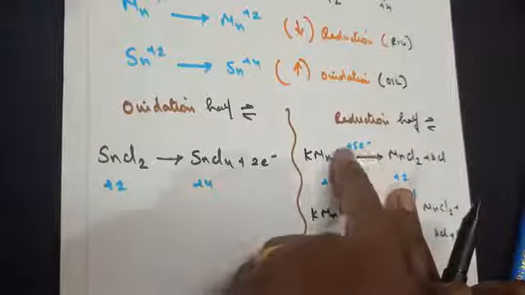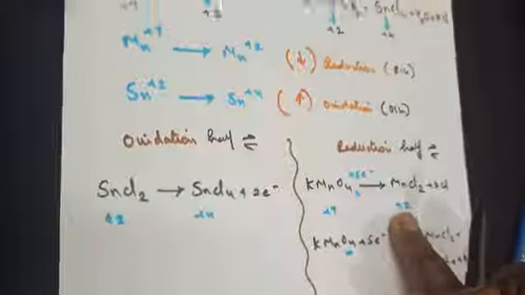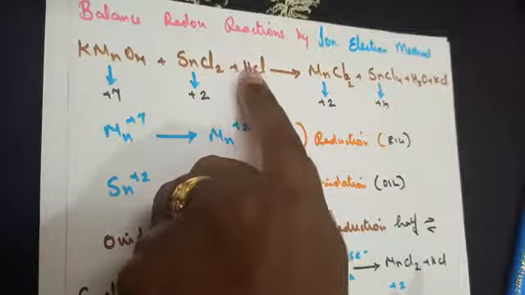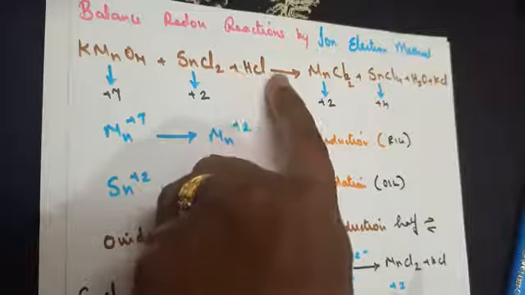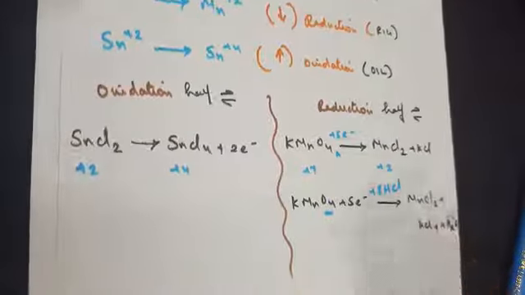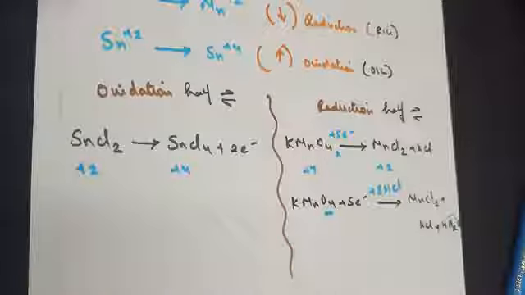In this question, we do not have any hydrogen at all. So look at the original question that is given to you. Hydrogen is combined with the chlorine in the form of HCl. So how many times hydrogen do you require? 8 times. So write down 8 HCl.